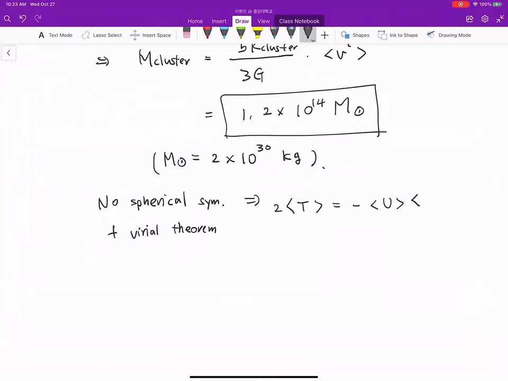And then Zwicky could take this upper limit on the negative potential energy. But I didn't tell you that if there's a spherical symmetry, gravitational self-energy with the radius r is given by